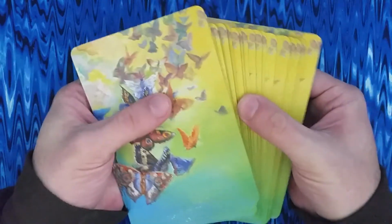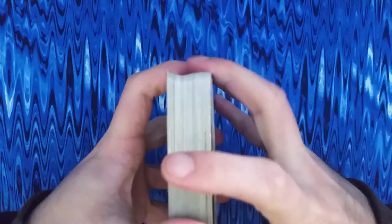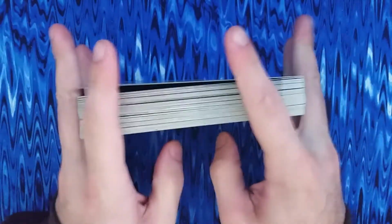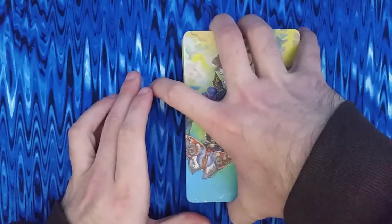Absolutely. It does make it kind of hard to shuffle, but it's an Oracle deck, so you're not really expected to do anything other than that, right? If you do the riffle shuffle, it's going to be kind of problematic. Let me see if I can do it. These cards are huge, by the way. They're like Druidcraft big. I mean, you could do it. It can be done, but it's not ideal, and I don't like to bend the cards. Anyway, so let's get into what the cards look like as I talk about the pros and cons of